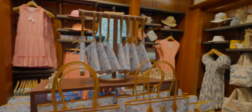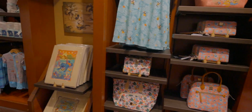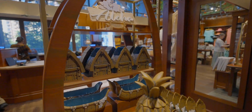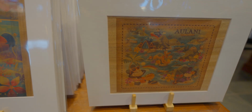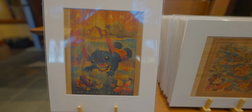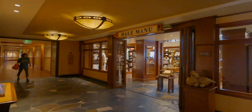Here's a look at some of the women's offerings here, including some Loungefly bags and Dooney and Burke stuff. The fine art collector in me really does like these specialty items they have up front, including some Aulani-specific poster art, which I think looks fantastic. Now, to the left down this way is just guest room, so we're going to go across from Halemanu and